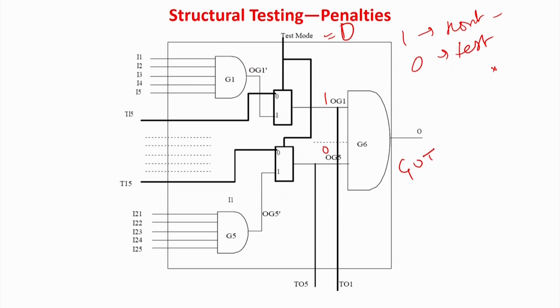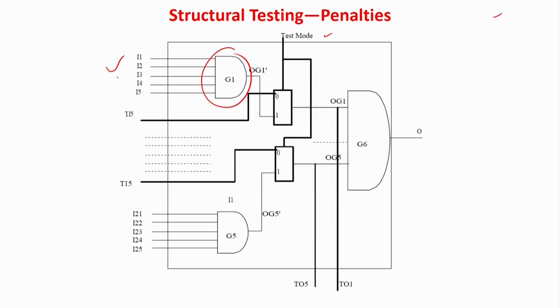Now, for gate 6 I apply all the patterns and observation is no problem, but if you think about the testing of this gate, then the problem is the other way around. I will be able to control these lines very easily, but how do I observe these lines as the output? This is not a very difficult problem, you just put out some extra pinouts, which are the test pinouts. In this case, whatever the test mode may be, 0 or 1, I do not bother, but I will make some extra pinouts for such gates.